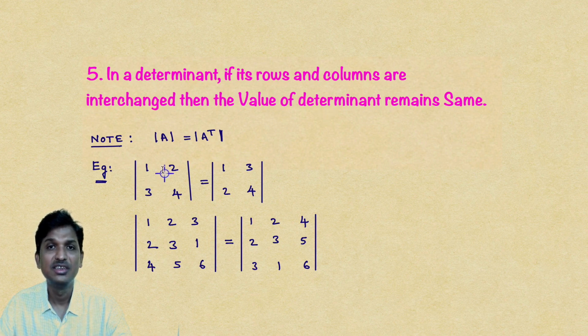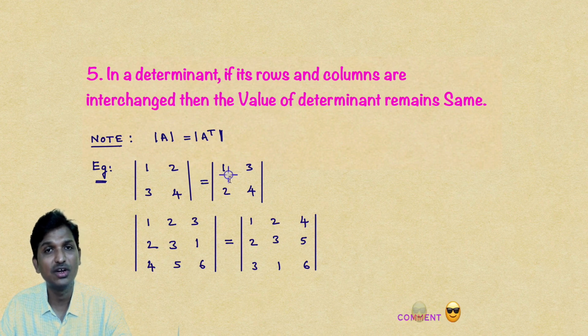You observe here. This is the matrix. You write its transpose. How to write its transpose? You write the first row as the first column. You write the second row as the second column. You see here 1, 2. This is the first row written as the first column. You write the second row as the second column. This is the transpose of this, right? Actually, this is the determinant. In this determinant, if I interchange its rows and columns, then I'll get its transpose. What is the value of this determinant? The value of this determinant is also the same. If you want, you expand and you can check. This property is saying that det A is the same as determinant of A dash.